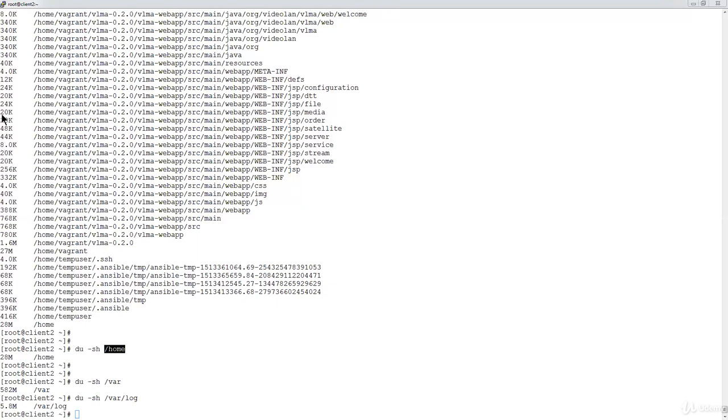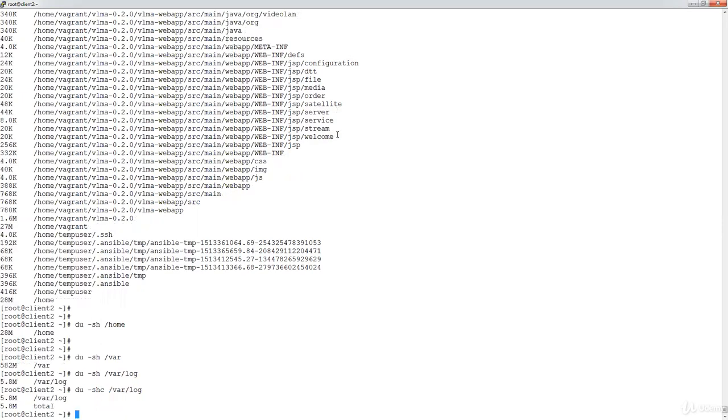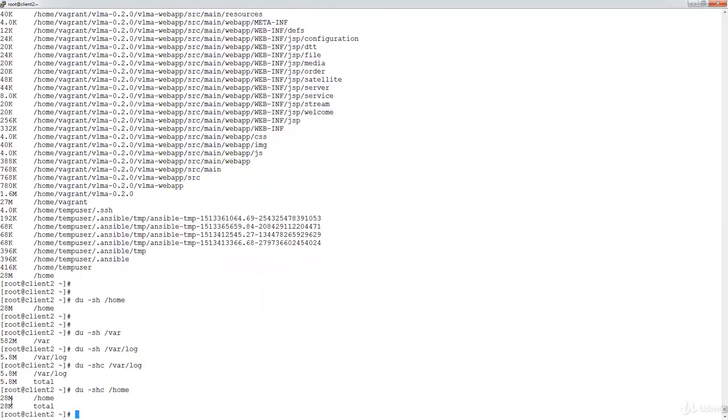There is another interesting option. We can add a grand total to our complete disk usage command. When we add a hyphen c to this option, it will provide us a grand total, right? Let's say for example we go for /home. So /home grand total it's showing.